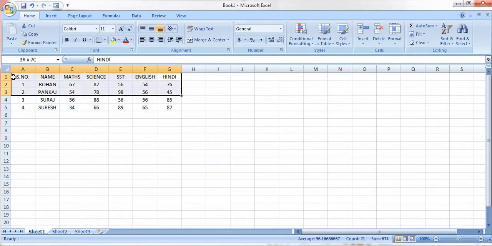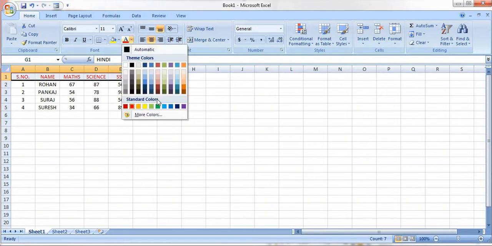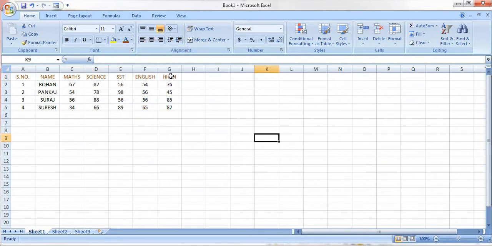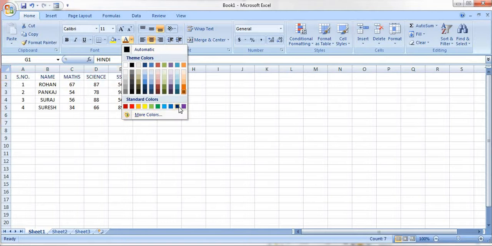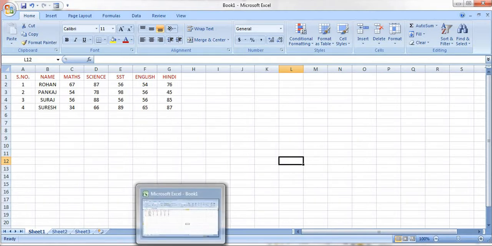And for the heading I want to change the color, like in MS Word you can change the color here, right, like this. Or if I want a different color, from here I can give it red. I want to give the red color. Okay, like this you can change. This is formatting, right? Changing alignment and changing color, all these are formatting.